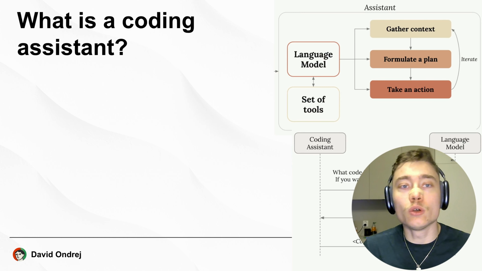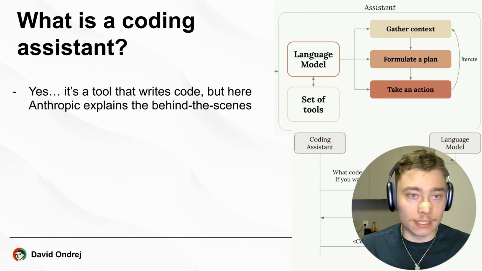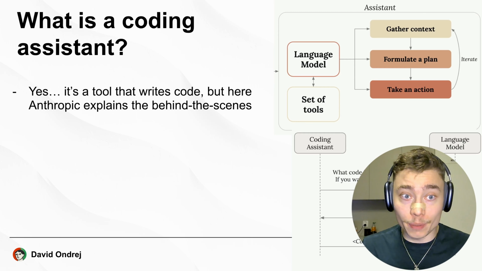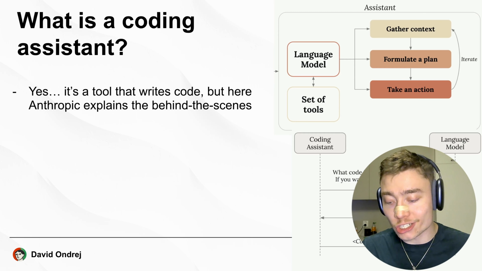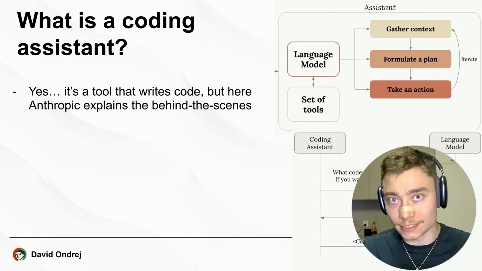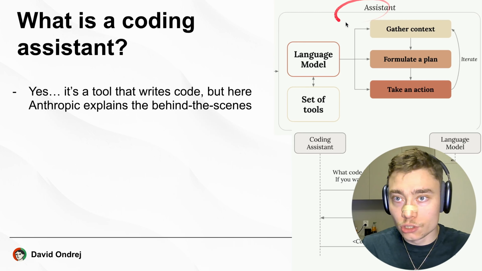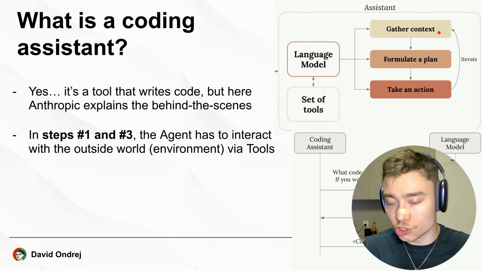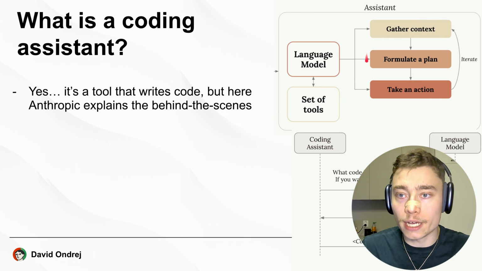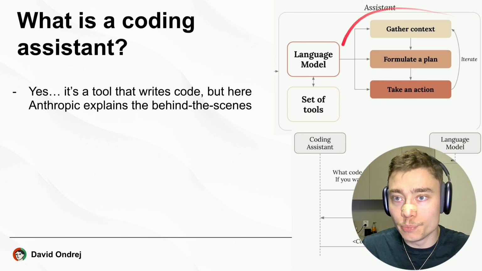First, let's clarify what is a coding assistant. Now, yes, obviously it's a tool that writes code, but Anthropic goes a lot deeper here. They explain the actual behind the scenes of how a coding assistant works, and you can see that on the top right. The coding assistant includes a language model, which has access to a set of tools, and the language model then has these 3 steps. First, it needs to gather context. Second, it needs to formulate a plan, and third, it needs to take an action, and then repeat these until